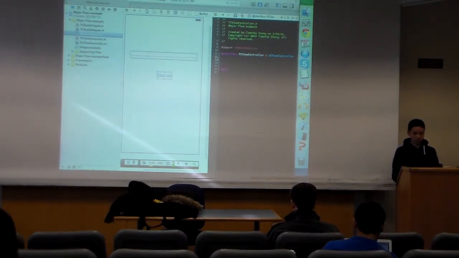Remember we talked about properties? We want to make these buttons a property of the class. So what I can do is press Control, hold it, and drag it to this side. And I give it a name. I call it text field. And then I hold it again and drag it here. But this time I don't